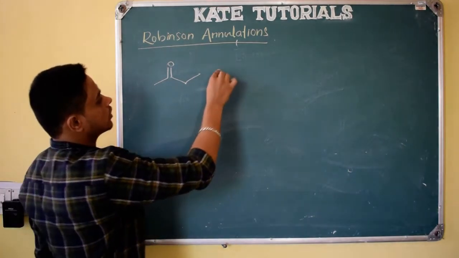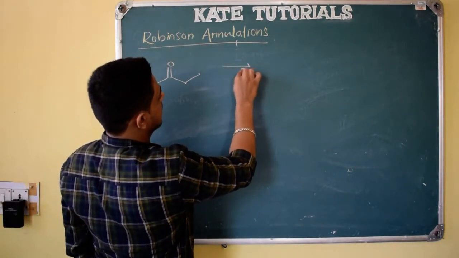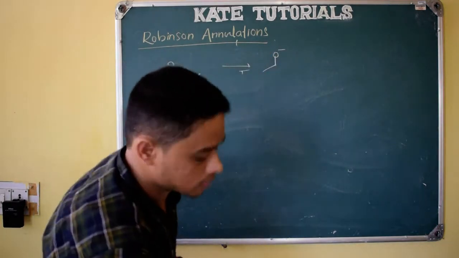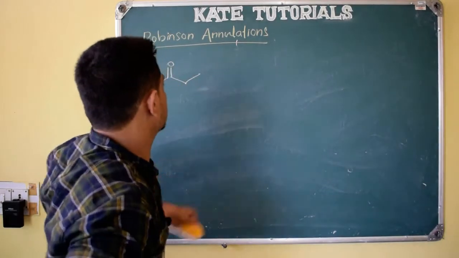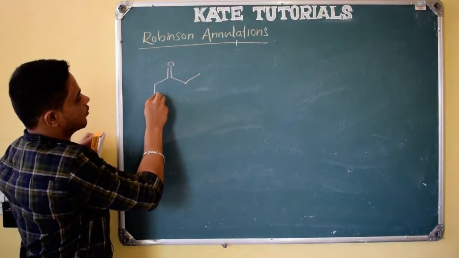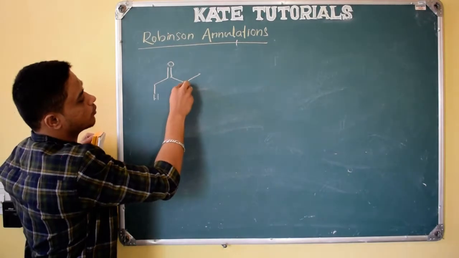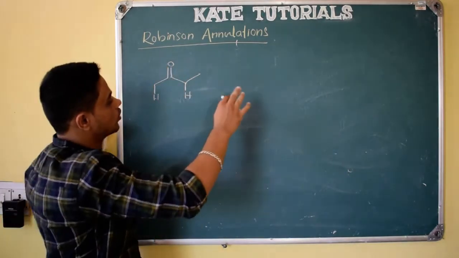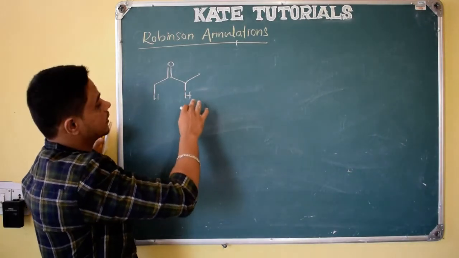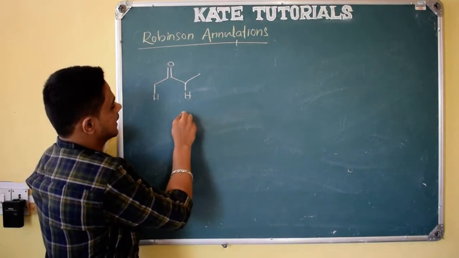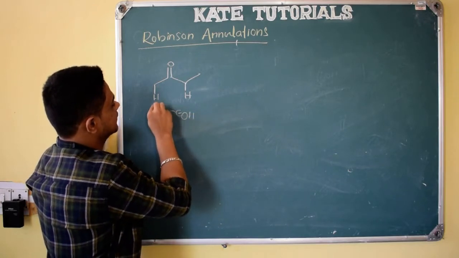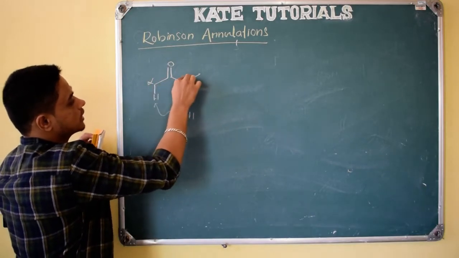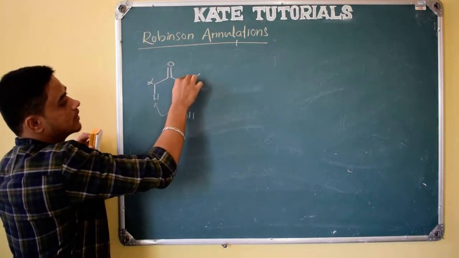If we make use of base, then the reaction will be like this: O minus. Before going to that, let me tell you, see here also three protons are there, 1, 2, 3 protons. Here two protons will be there, right? But for annulation to occur, which proton will leave first? Because base is there, it can affect this proton also, this proton also. Why? Because both are at the alpha position. Both these protons are attached to the alpha carbon.